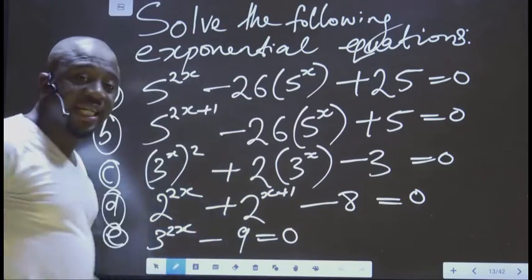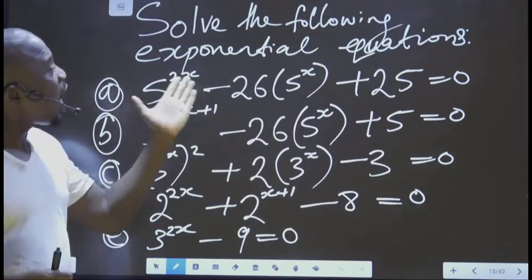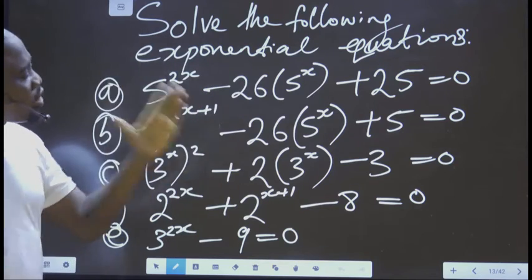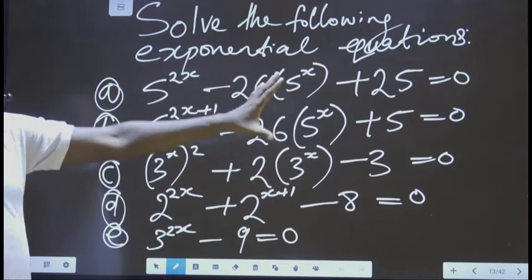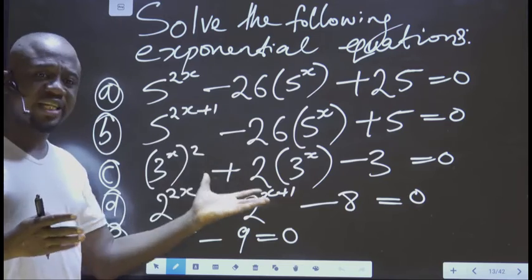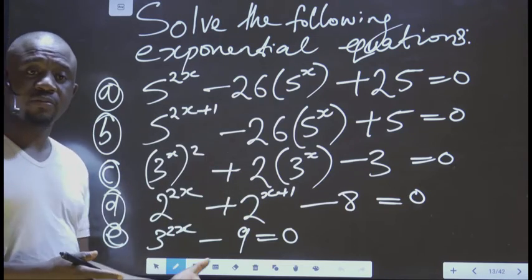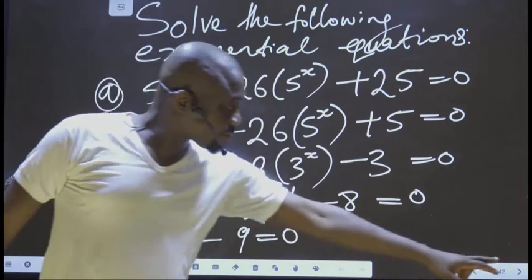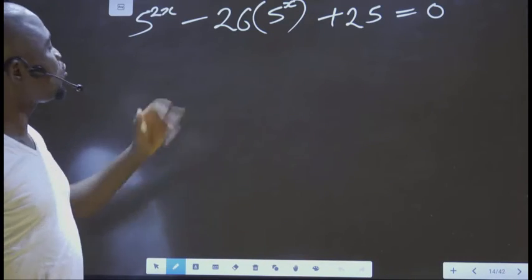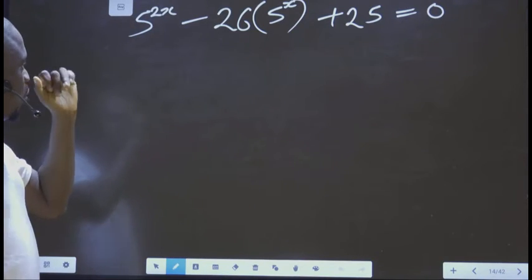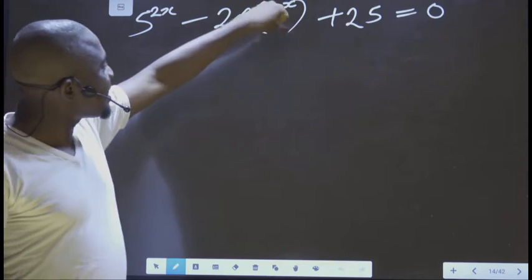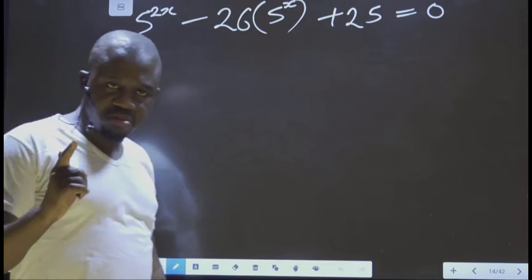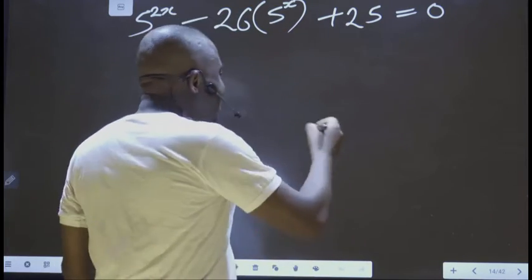This says, solve the following exponential equation. Look at all this. How do you solve this kind of question? Let's see. This is the first one. We are going to say this guy is equal to, say, A. So we're going to say let